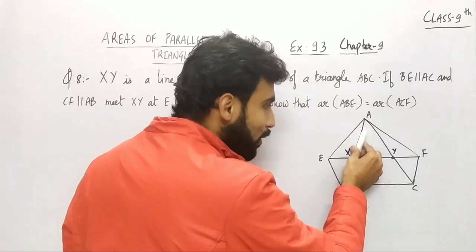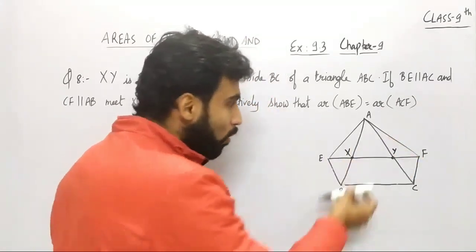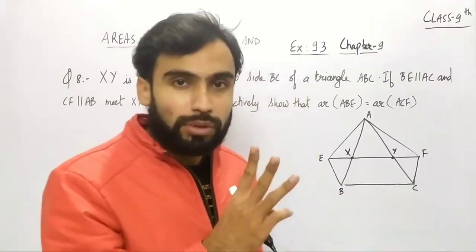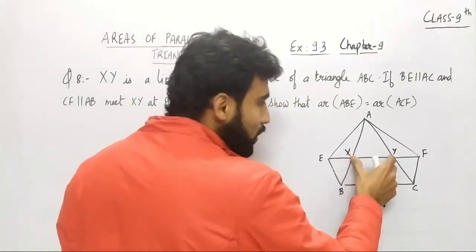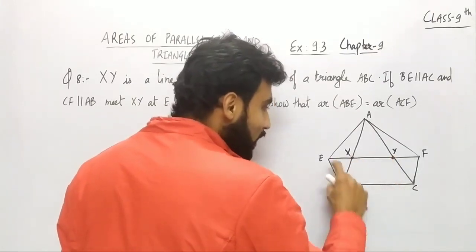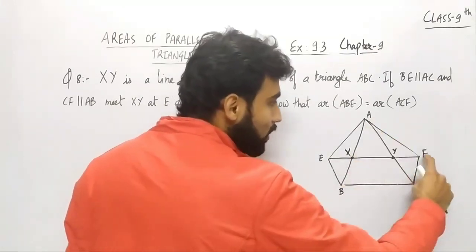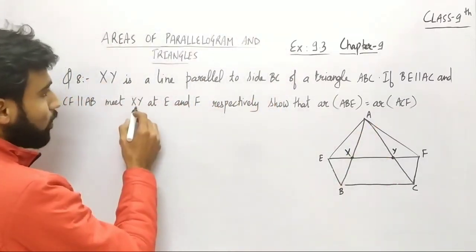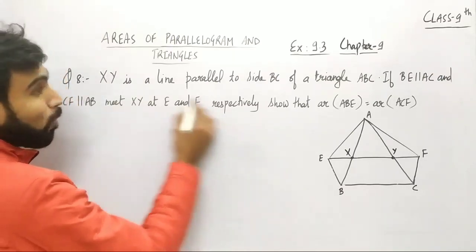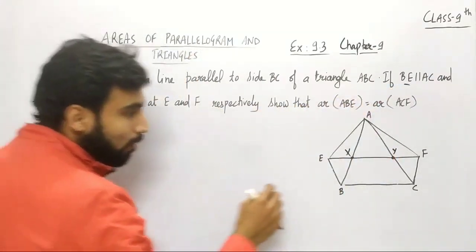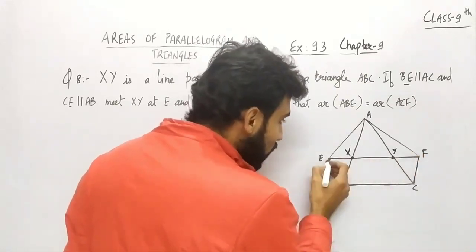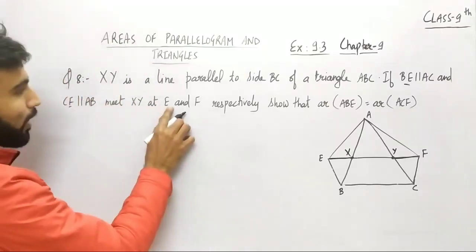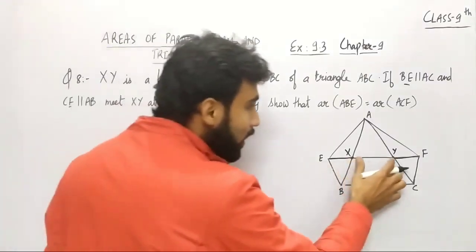So ये जो दोनों pairs हैं, you can see of the lines are given parallel here. Also this XY is parallel to BC. So overall there are three pairs, three side pair which are parallel to each other, right? So you can see XY is parallel to BC, then BE is parallel to AC and CF is parallel to AB. This is given here. Also you can see the further thing is that both BE and CF, if you just observe here, are joined with X and Y like this, right? So that is given here that they meet XY at points E and F, right?